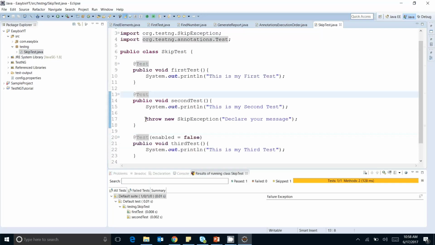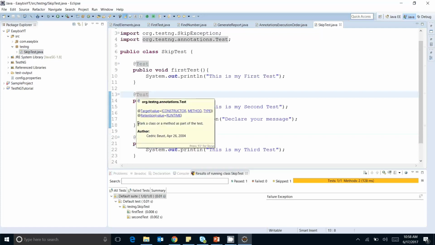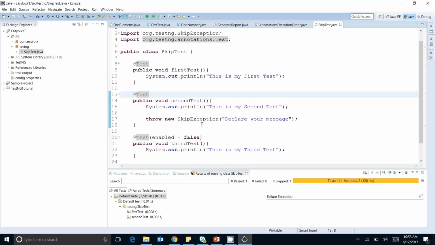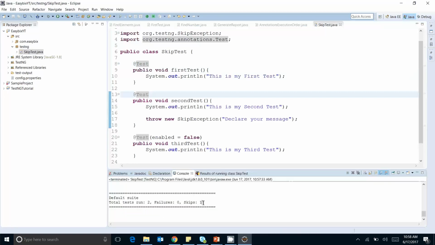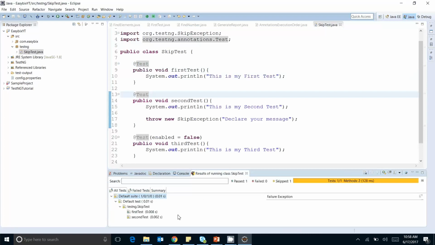But in the case of throw new SkipException, it has found 2 tests, but a single test is throwing an exception. It means the test is executed, but it is throwing a skip exception. That's why the test is being skipped at runtime. So in actual it has executed 2 tests because we have all the methods enabled, all the test annotations enabled. That's why we are getting these tests in the skipped tests, and we are getting these in the report as well. So now we can discuss why we use this.